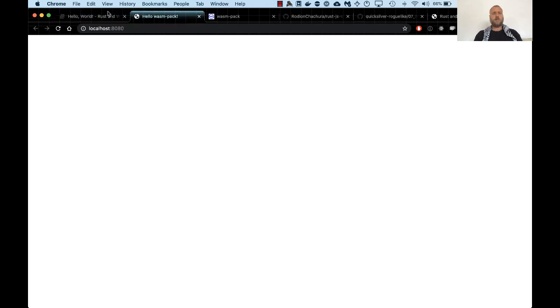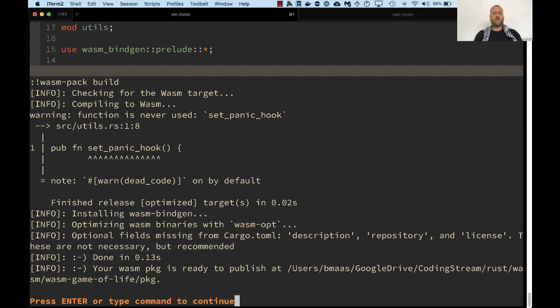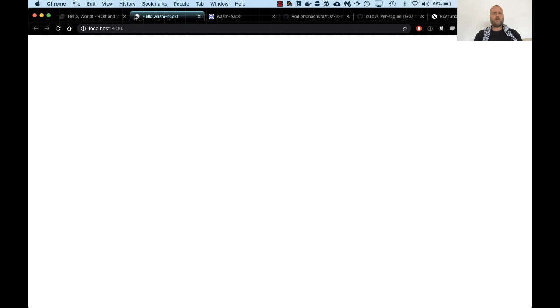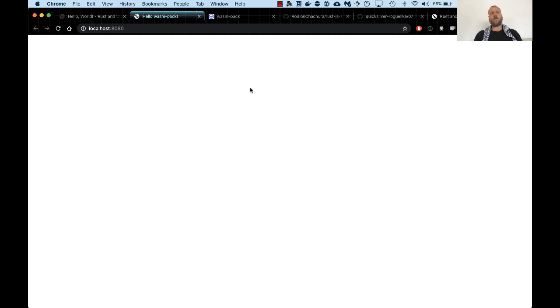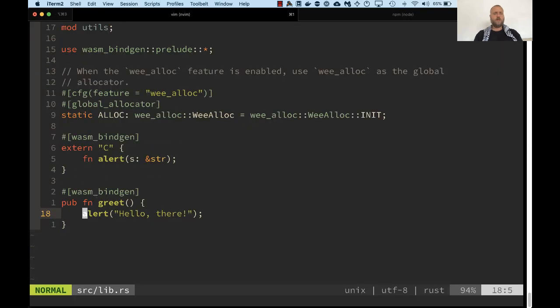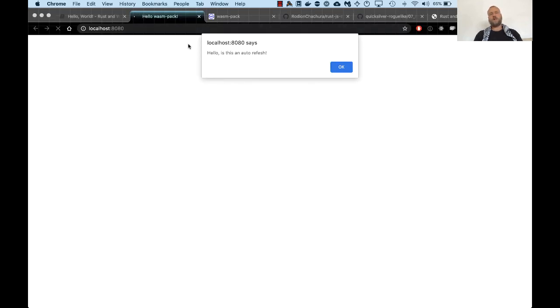One moment. Let's try this again. Okay, so now I can do WASM pack build. Is this an auto reload or what? Hello there. Okay, now nothing changed. Okay, let's change. Hello. Is this an auto refresh? Oh, we built it. It's like an auto refresh built in. Isn't this